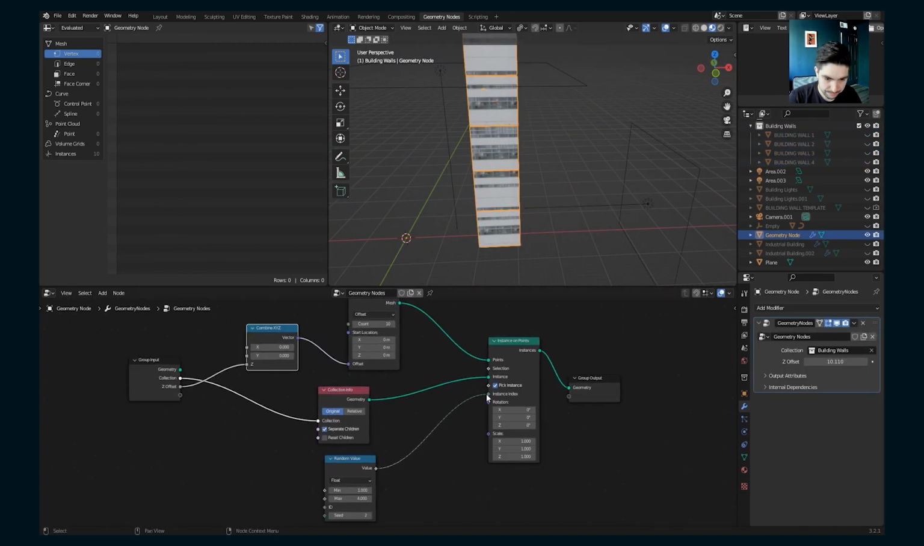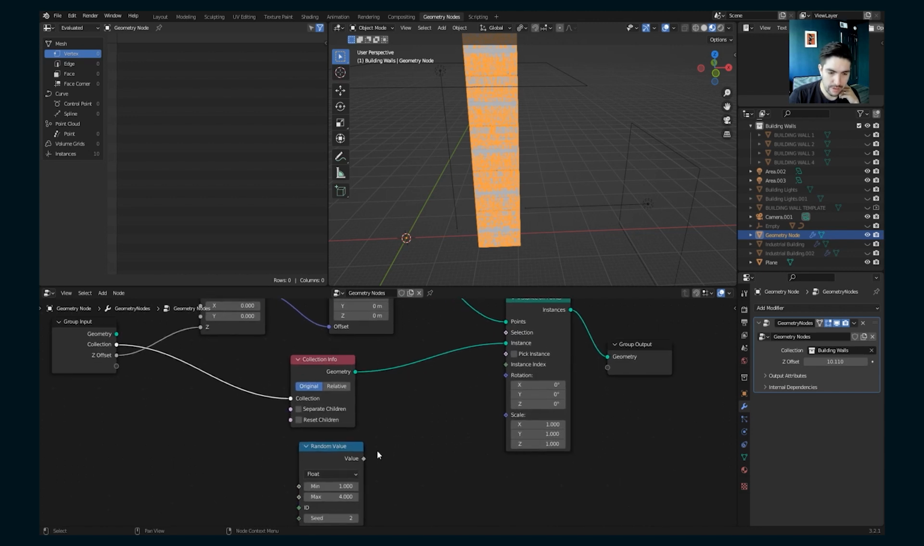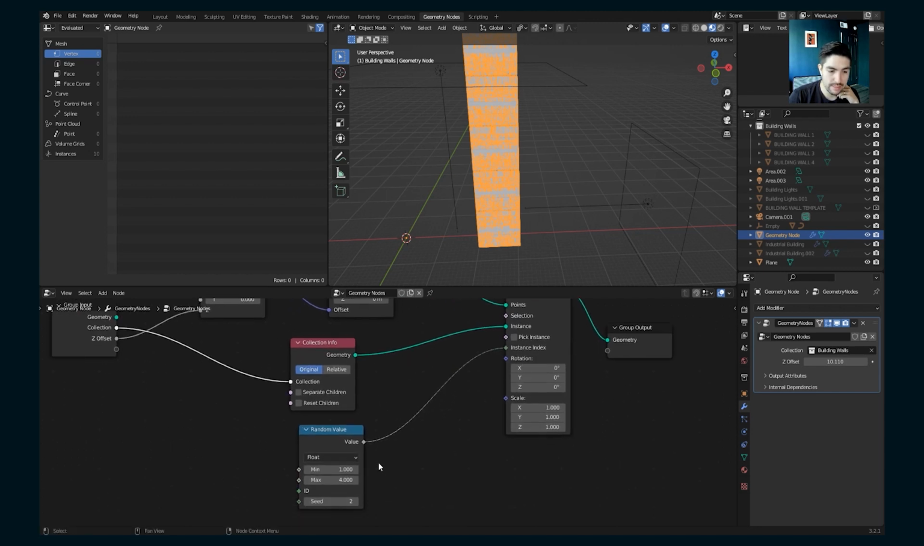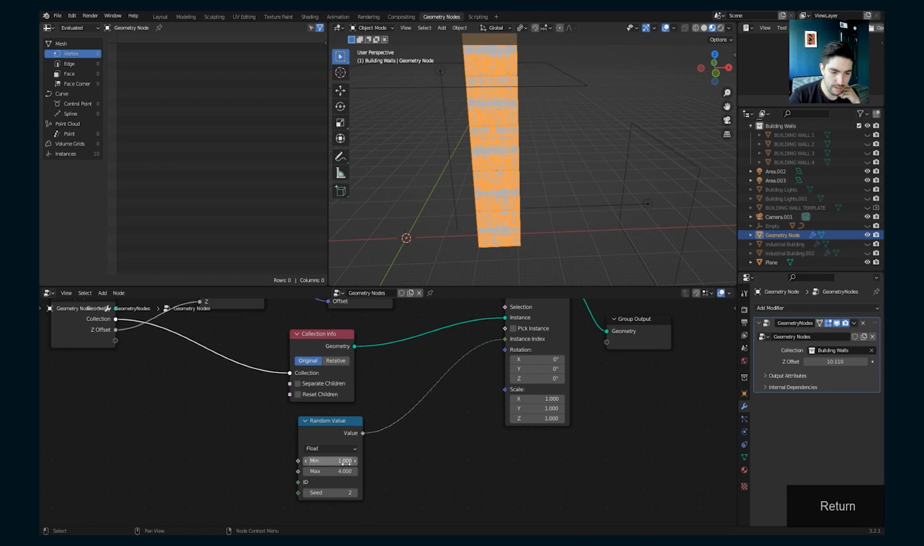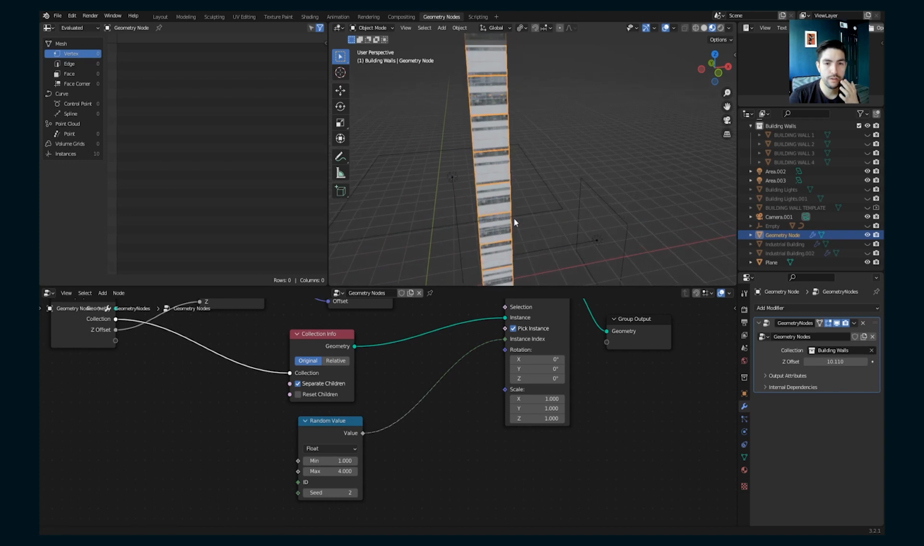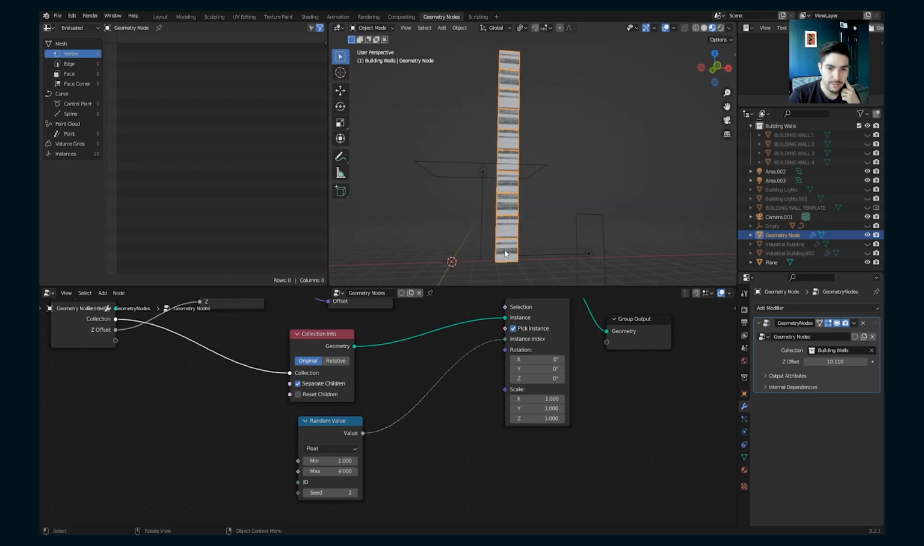So right now it's stacking all 4 vertically. And so if we add a random value to the instance index, set it to 1 and 4 because we have 4 instances there. Pick an instance, separate children. It's going to choose one of the 4 and that's what's going to be the next one up. So if you look here,